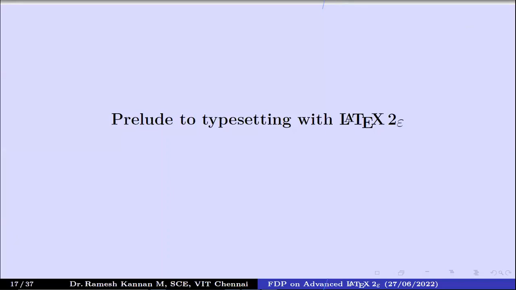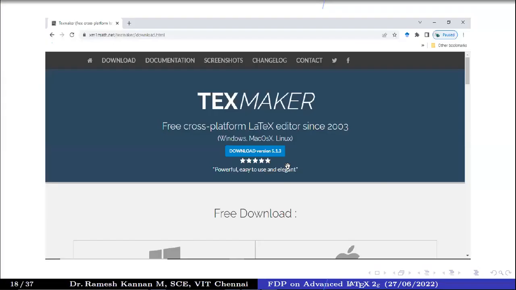So before we get into the codes and the related stuff, let's take a look at the software, popularly known as IDEs, Integrated Development Environments, for typesetting LaTeX. As I told you, the MikTeX distribution is the wholesome package of LaTeX for Windows systems. When you install that, you need a compiler, or an IDE, to make up your document. The IDE I prefer is TeXmaker. This is the latest version during the filming of this lecture. It will vary. I use an older version, but if you download today, it is 5.1.3, and I feel this is more